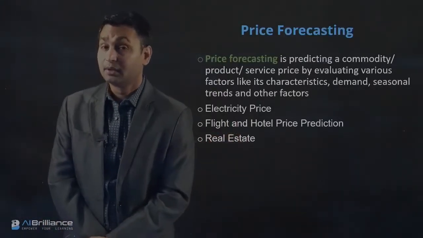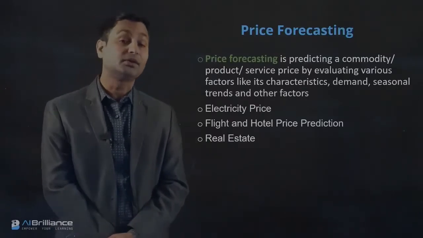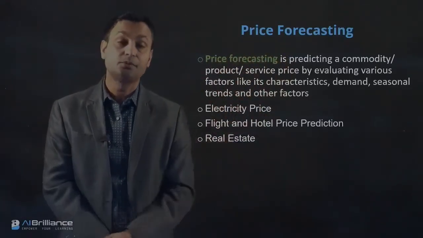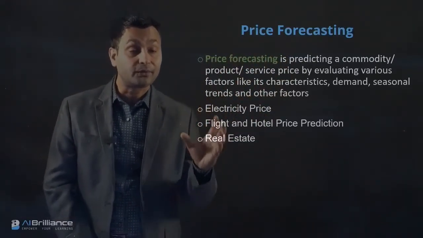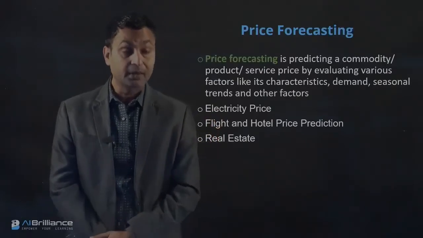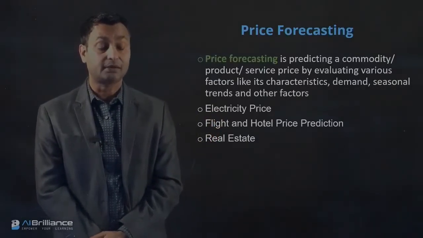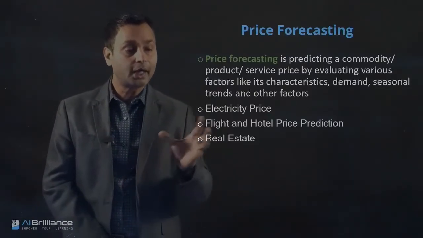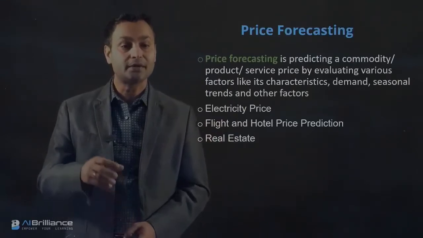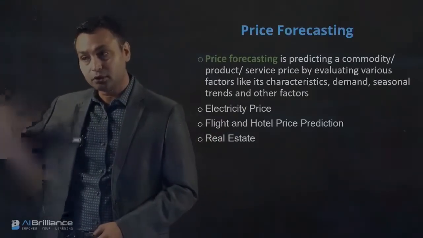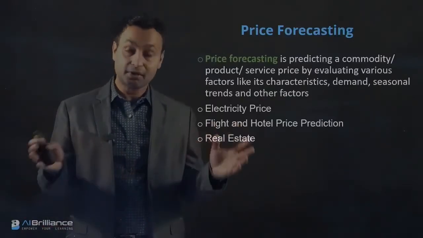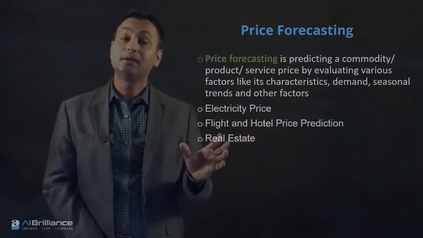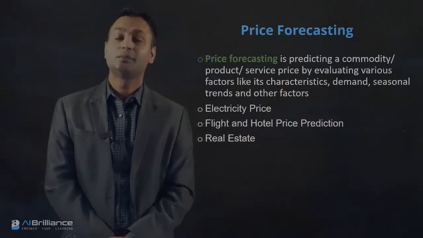Real estate. Here in the US and in Australia, there are websites which are using price forecasting algorithms to predict the current value of your home. That depends upon several different factors. For example, it might depend upon the school district, the neighborhood or locality, the surrounding prices of recently sold homes in your neighborhood, and which city you are in. Those are the different factors that you want to take and then dynamically predict the current price.